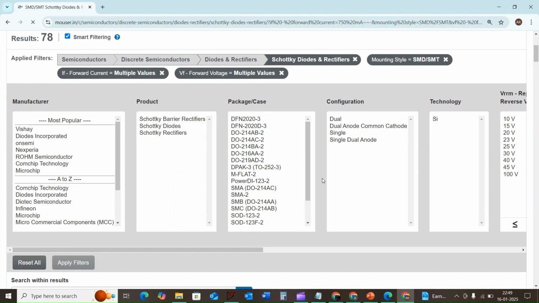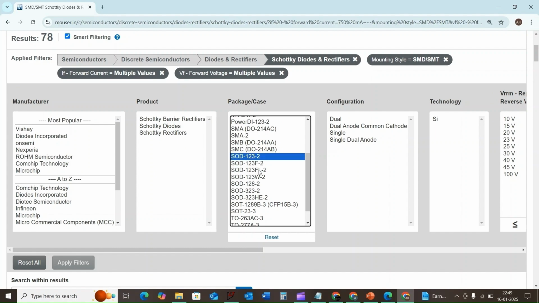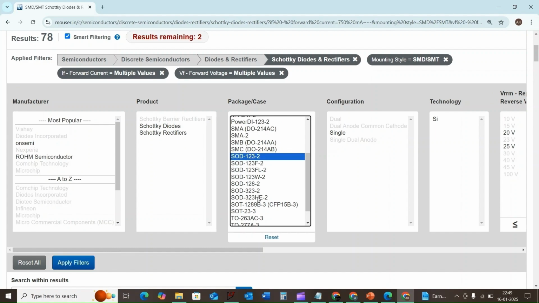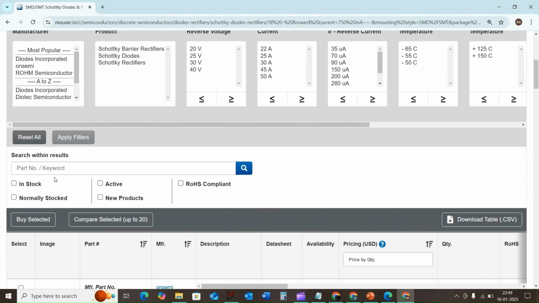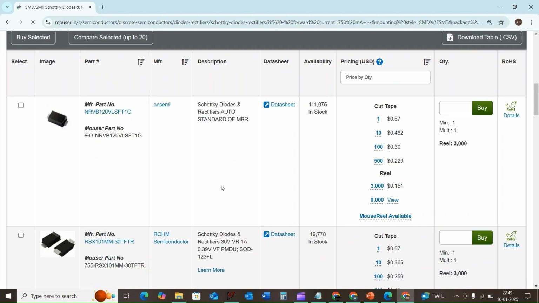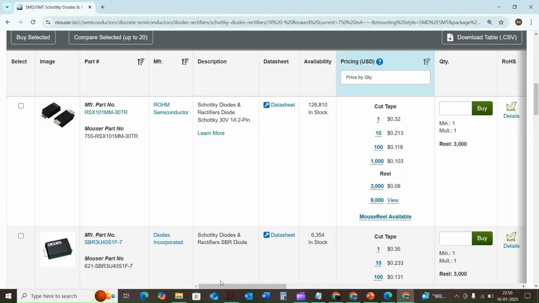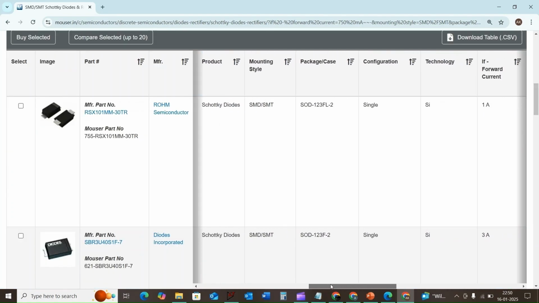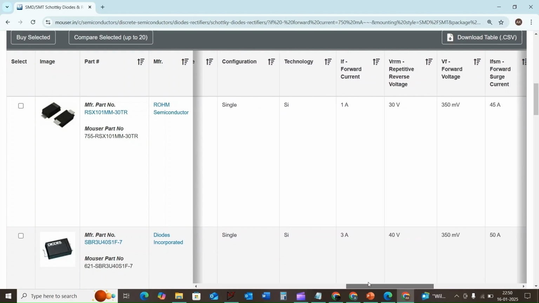Okay, let us filter the parameters, and here I'm going to choose the package as SOD. So I'm going to select the SOD package. Usually in stock. Initially I'm going to filter it by cost. Here we can see the SOD-123FL package, and the forward current